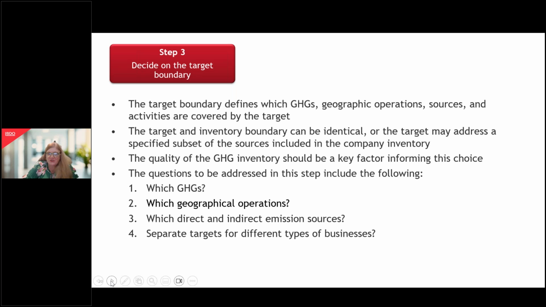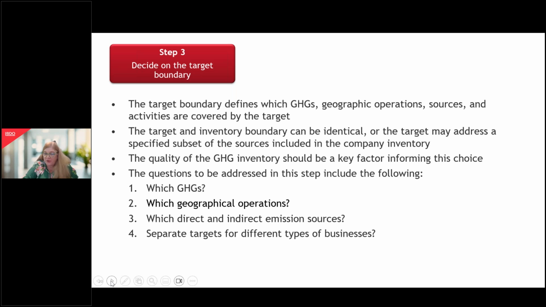Step 3 is to decide on a target boundary. Your target boundary is looking at which greenhouse gases you'll cover, which geographical operations we look at, and which direct and indirect emission sources will be addressed. So will we only look at direct emissions, scope 1, or will we also look at indirect emissions, and will we just look at scope 2,